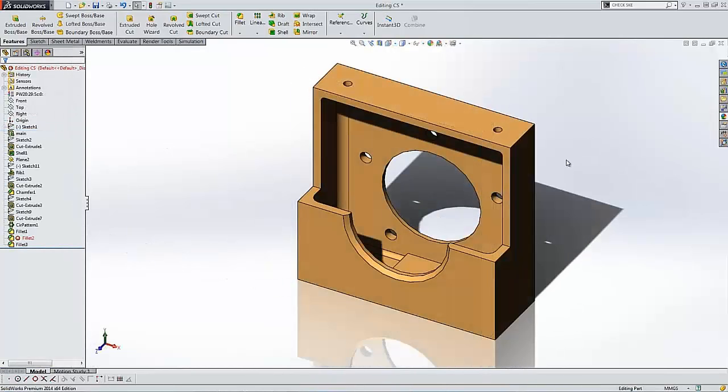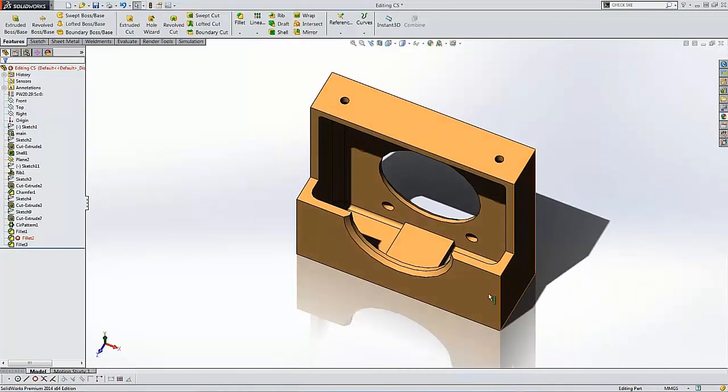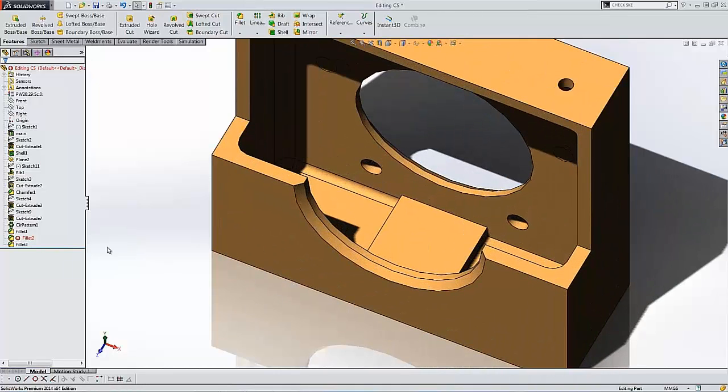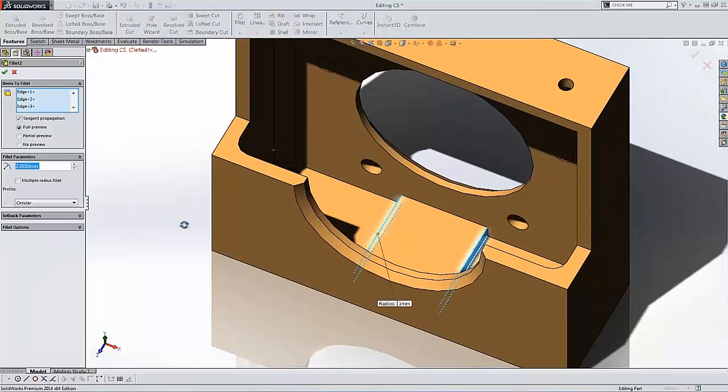Now let's skip forward to quite a bit later in the design process, and you may notice I'm on the final stage. I'm having a little bit of trouble with filleting. I dare say some of you have been here before. Now if I edit the feature, you can see what I'm trying to do. I'm trying to apply a fillet to the 2 interfaces, but we're not the only ones who can see this